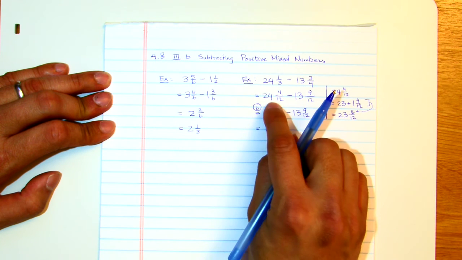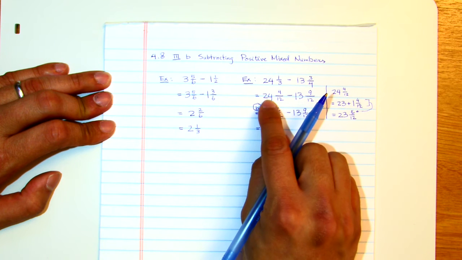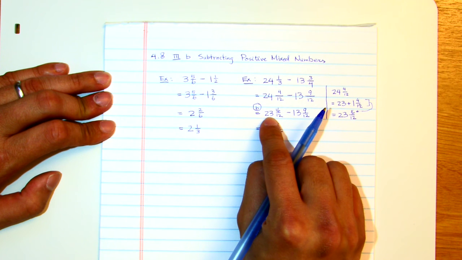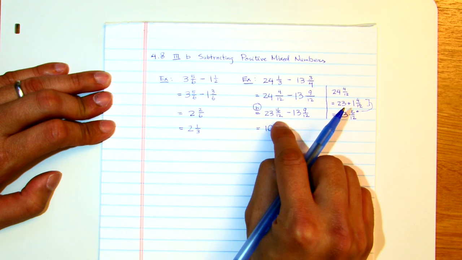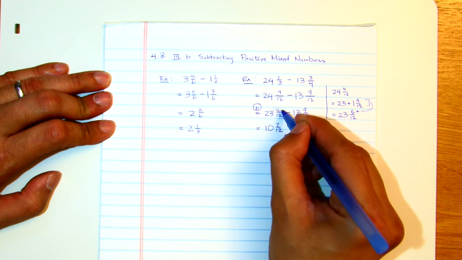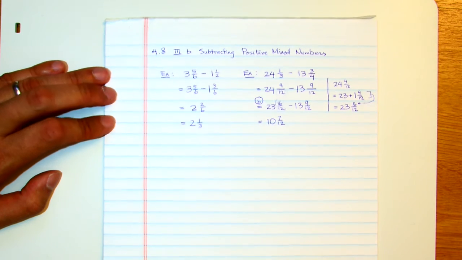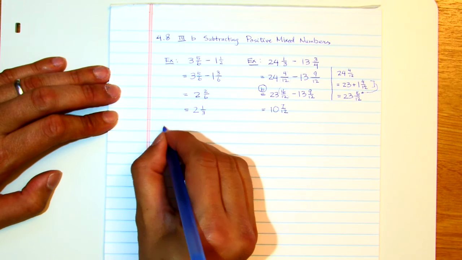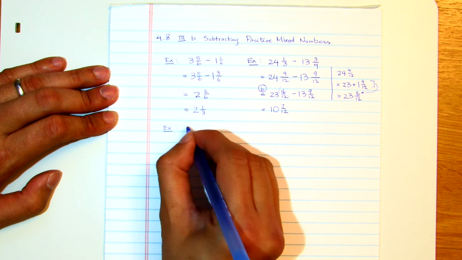Therefore, later on, when we do the borrowing process, we don't need to write this down anymore. We see, oh, 24 now becomes 23 because I borrow 1. And the 1 that I borrow, when it combines with the fraction, we get 16 over 12. You see, the denominator 12 stays the same. The 16 actually comes from 4 plus 12. Okay? Now, let's do one more example. This time, let's use a larger number. For example, if I have